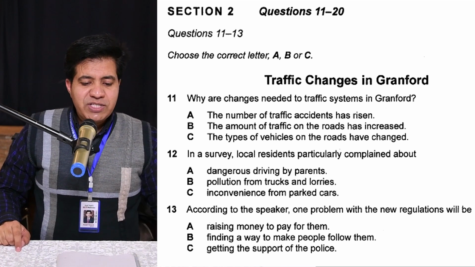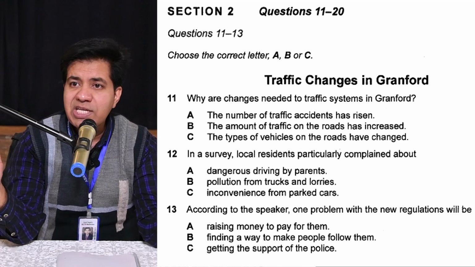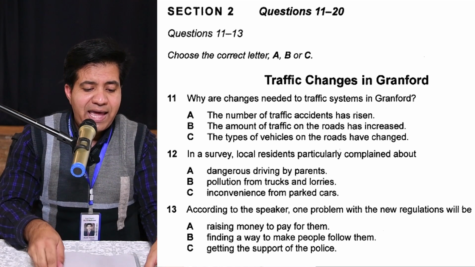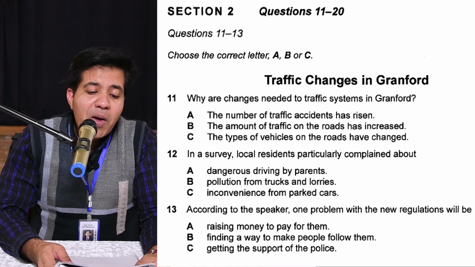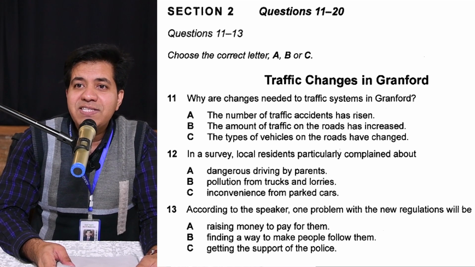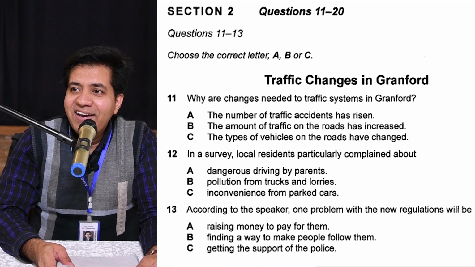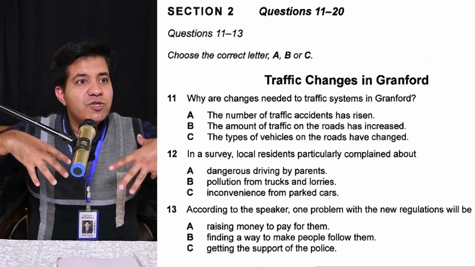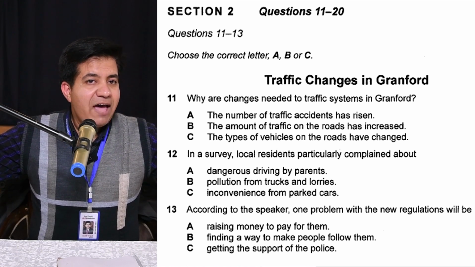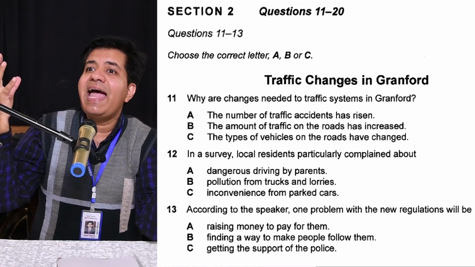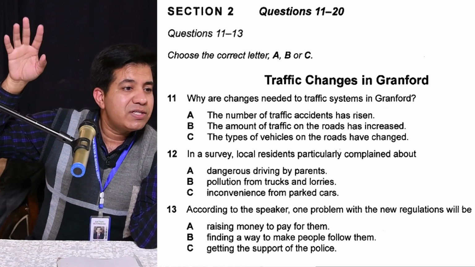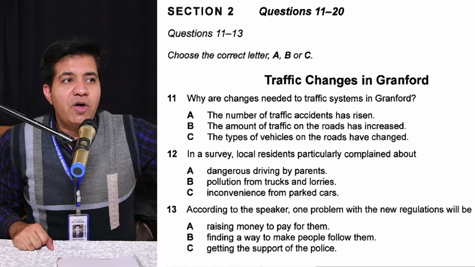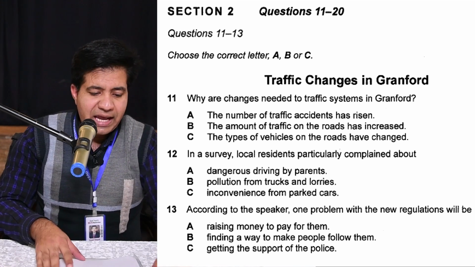Right? Now let's just see. So I told you these 3 words. Now I'm going to teach you how to cut short the options and never read it like that. A, the number of traffic accidents has risen. Acha. Now I read A. You just need to focus on traffic accidents risen. Traffic accidents risen. What does that mean? The traffic accidents increased. Okay. So in the audio they will not use the word risen. They'll say the number of accidents on roads have increased tremendously, like that.